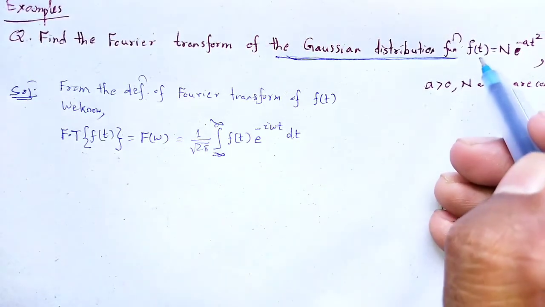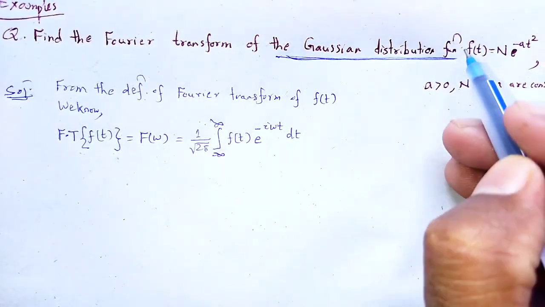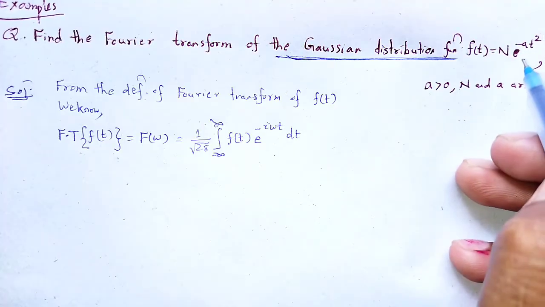Same thing, in place of f of t we use the Gaussian distribution function,